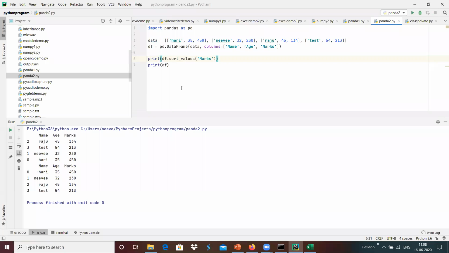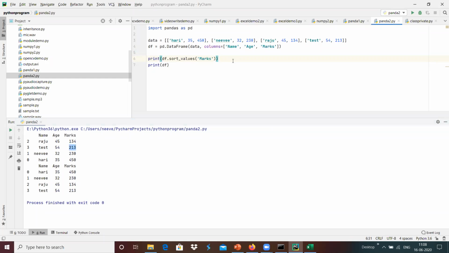Yeah, we can do an operation like sorting with respect to the marks, and we got the output. The complete list is aligned by marks, with 134, 213, 230, and 450 and so on. It has been completely sorted, with the values aligned over here.